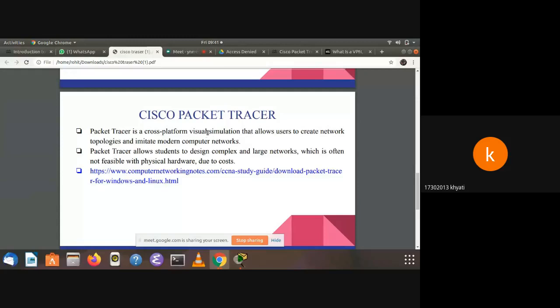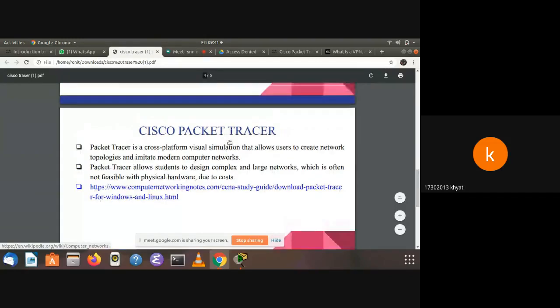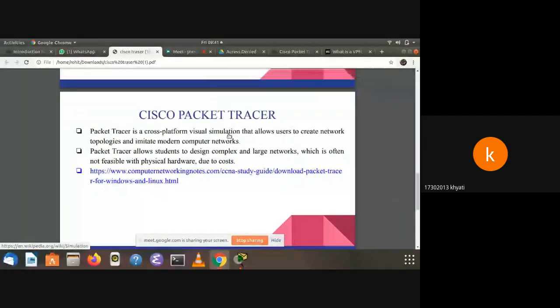You can download Cisco Packet Tracer from the link below. As this experiment takes a lot of time in implementation, we directly move forward to the implementation part, which will be carried forward by my teammate Rohit Yadav.